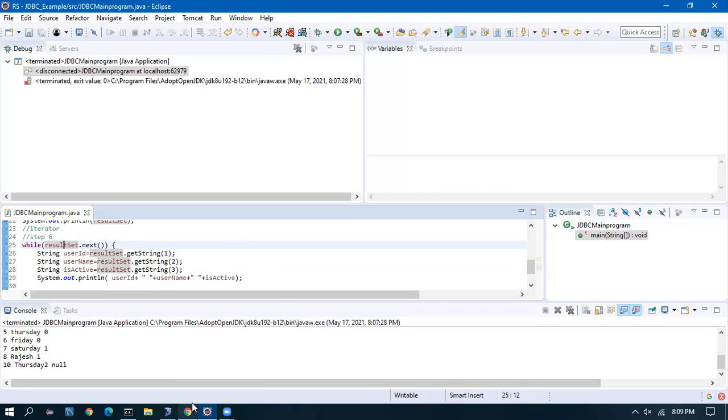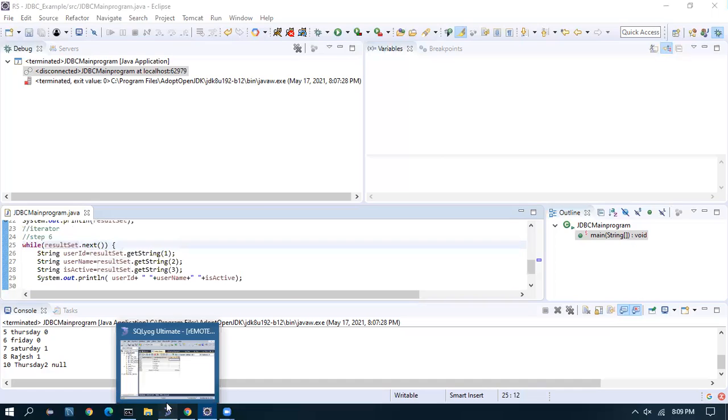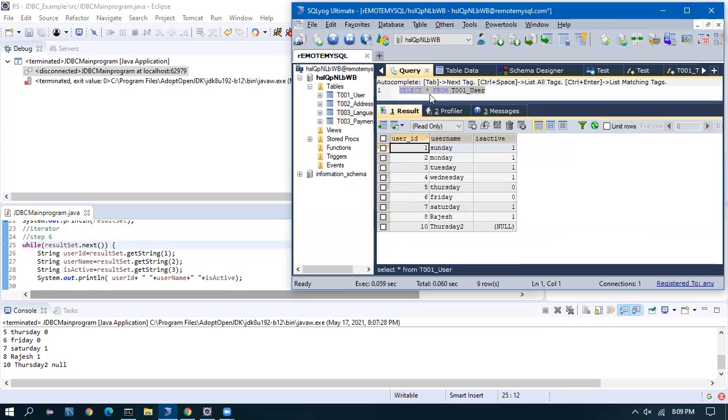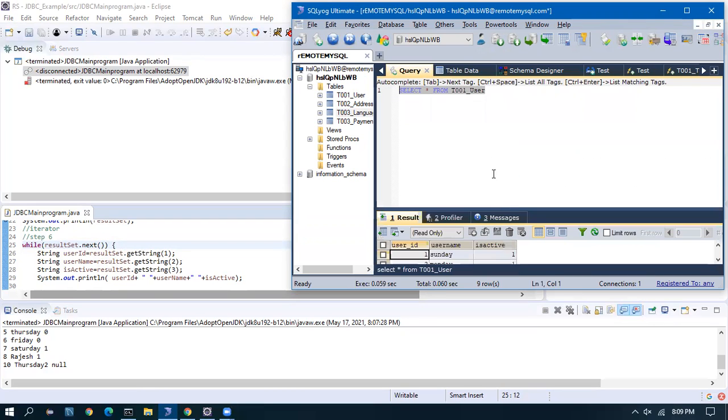Let us take one more query now, which is a query using join. I showed left join and right join. Let us write that query and try to execute it.